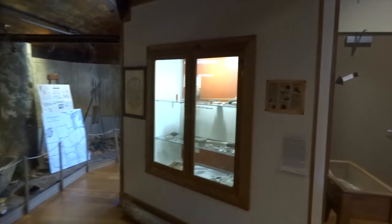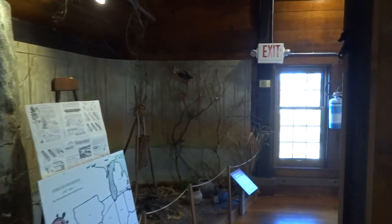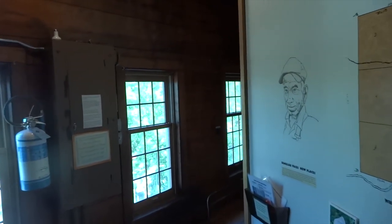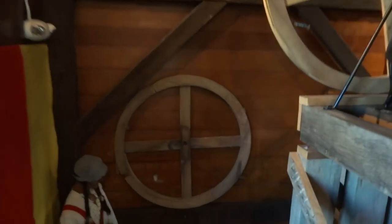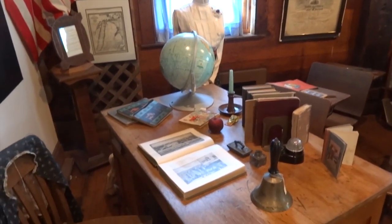So the Old Mill Museum in Dundee, what an amazing location. Never even knew. I mean, I knew it was here, but I didn't know much about it. Beautiful preservation of these items, displaying the history of the area with just so many different elements. Kind of rushed through this area here. And this is the area I really like the most. You got this